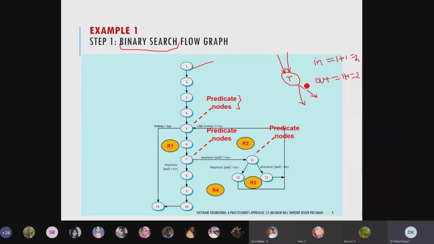So for a node to be a predicate node, its out degree should be a minimum of 2. Then you will treat that node as a predicate node. Or you can say if there is a condition in some node, then that node will be treated as a predicate node. So these are the two methods to identify the predicate nodes, and the regions R1, R4, like 3 you are able to see here. These regions are nothing but